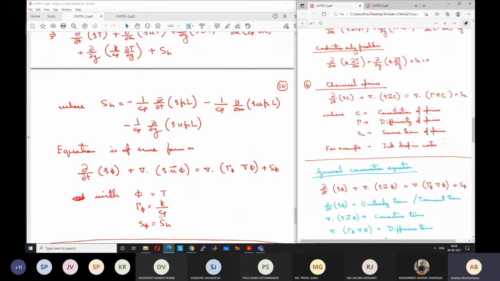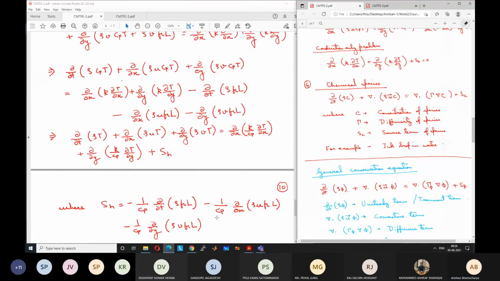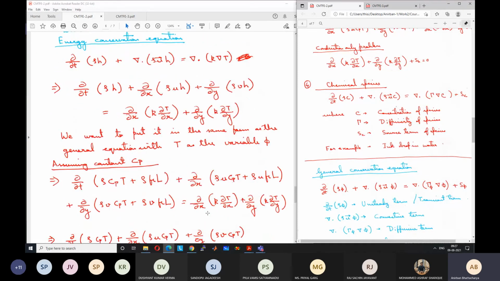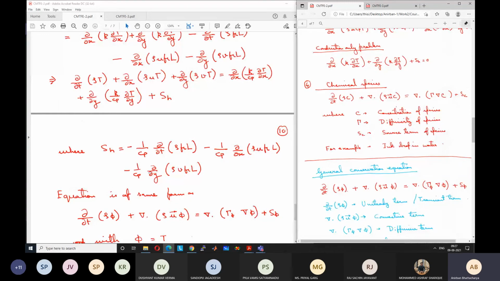So why I wanted to show you this example is to show that even if the governing equation is of a different form, by cleverly rearranging the terms, we can put them in the general form. And whatever does not conform to these three terms can always be put into the source term. We'll see later how to tackle the source term, but if any additional terms are there, we just put them in the source term. And it becomes much easier to solve the equation.